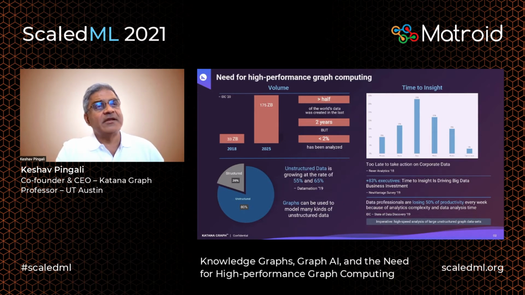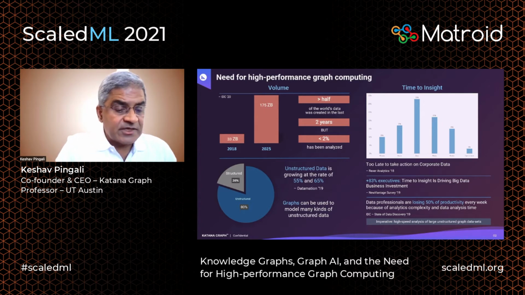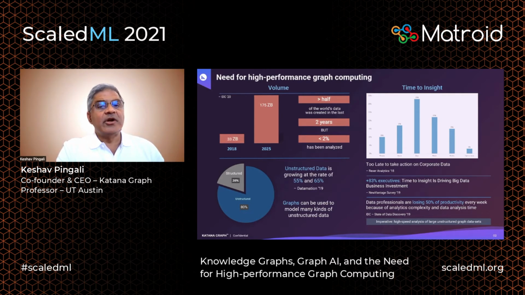Now, some of this data is relational data. You can represent it in the form of tables. You can process it, analyze it very effectively using SQL. But increasingly, more and more of the new data that's being generated is what we call unstructured data that doesn't quite fit the relational model very well. A lot of this unstructured data can be represented usefully using graphs and then processed using graph algorithms. And so that's one part of the argument for why we need high-performance graph computing, the sheer volume of data that's being generated, a lot of which can be represented using graphs.